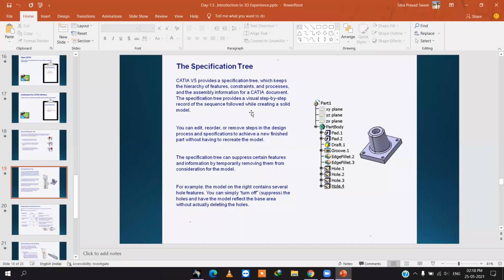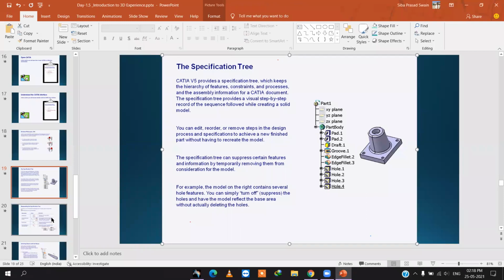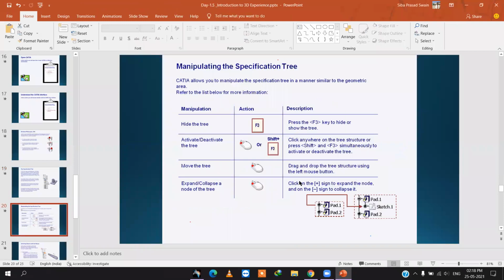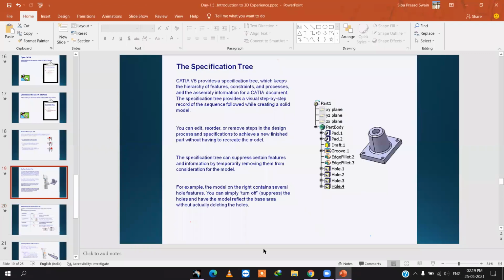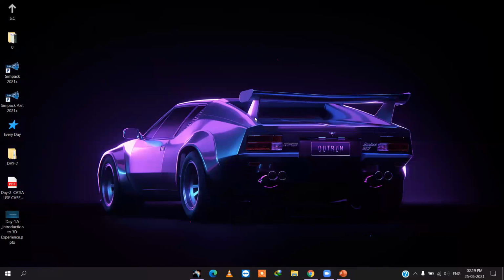We can remove them from the considered model. After that, for the example, I'll show you. First, we will discuss what is the use of the tree.